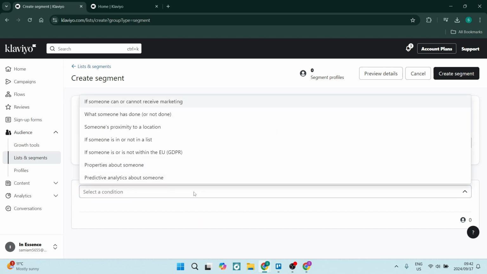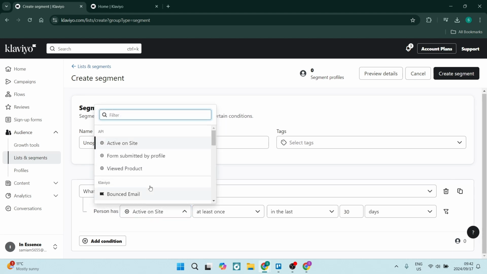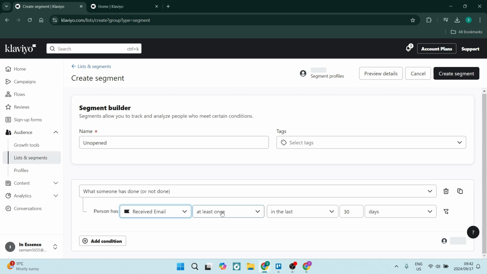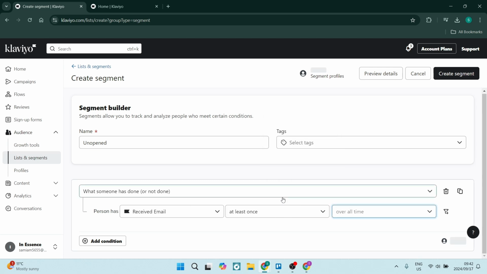Now, the very first condition here you are going to choose is what someone has done. So that's this option over here. And we are going to choose the person has. We're going to look for or type in received email. Okay, so here it is. And here we're going to make sure it says at least once. And we are going to now put the time as overall time. So this essentially means that anybody that's received an email at least once, overall time, and we're going to say